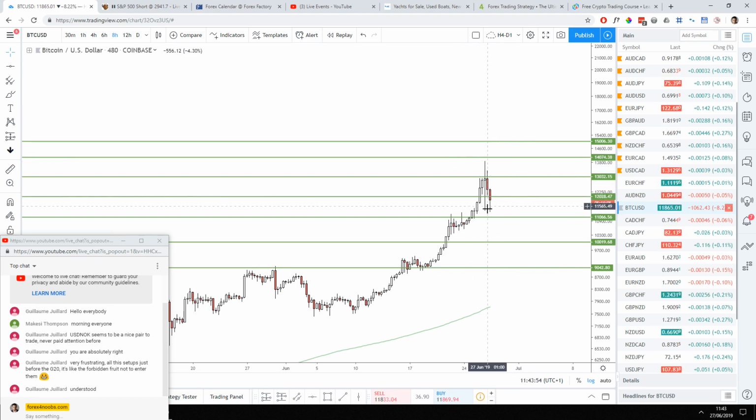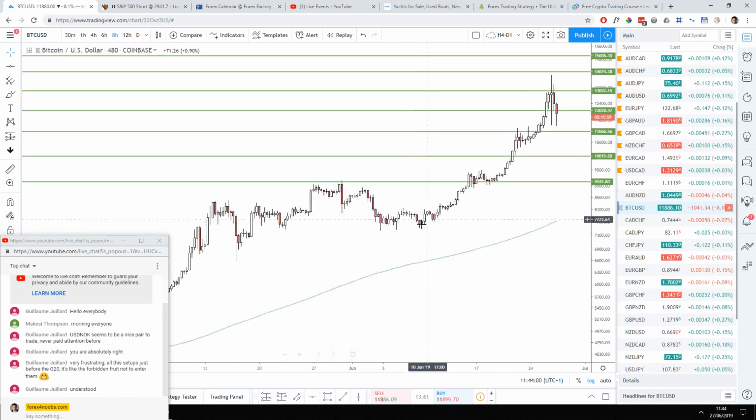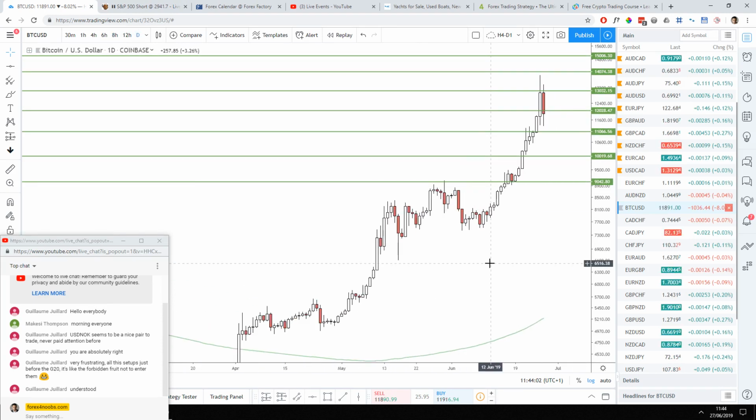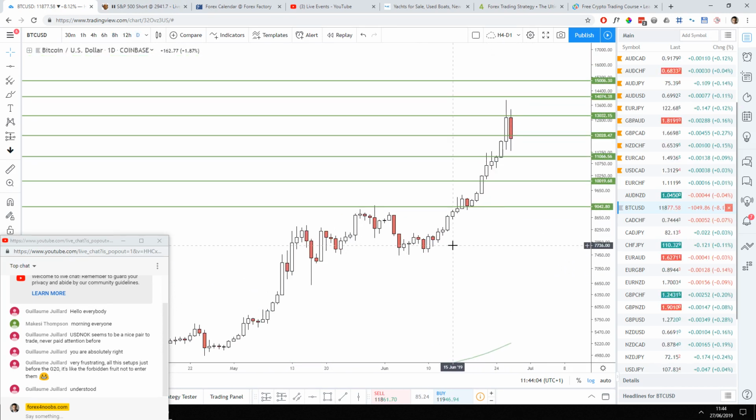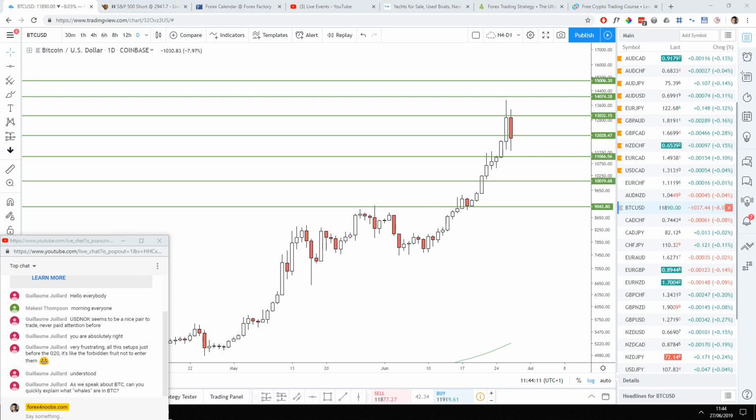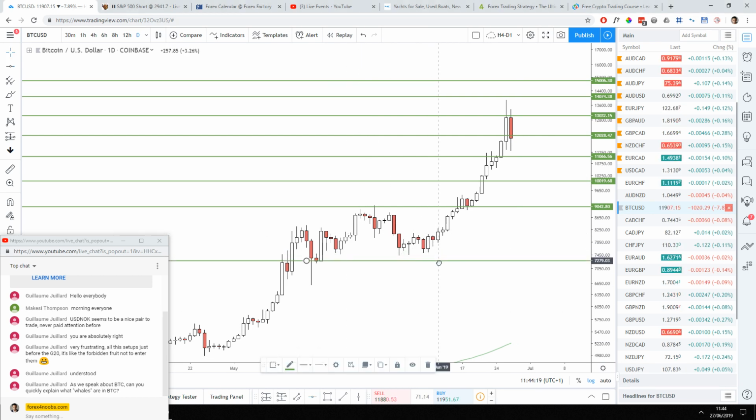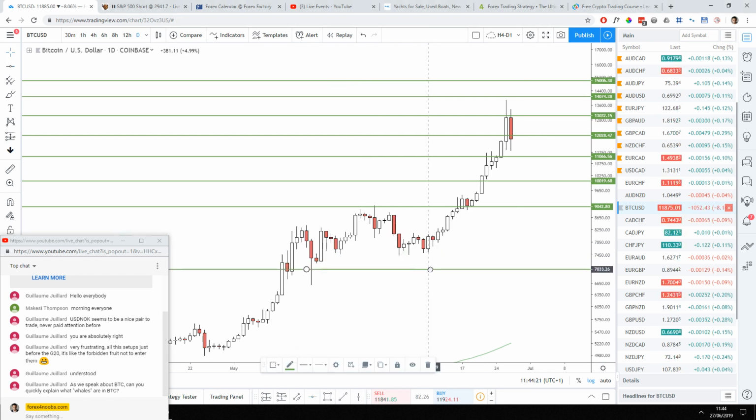I'm still long on Bitcoin from, where was it? I need to switch to a daily chart to see this properly. From here, that dip there, which was around about... place this one here, and